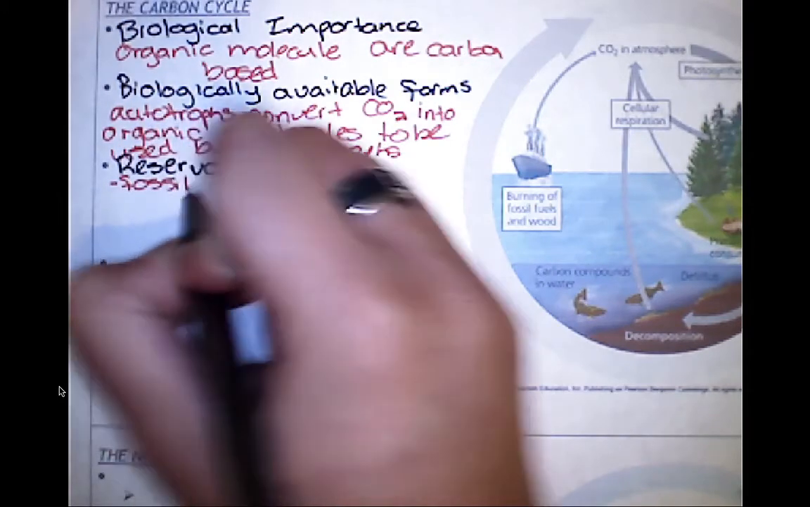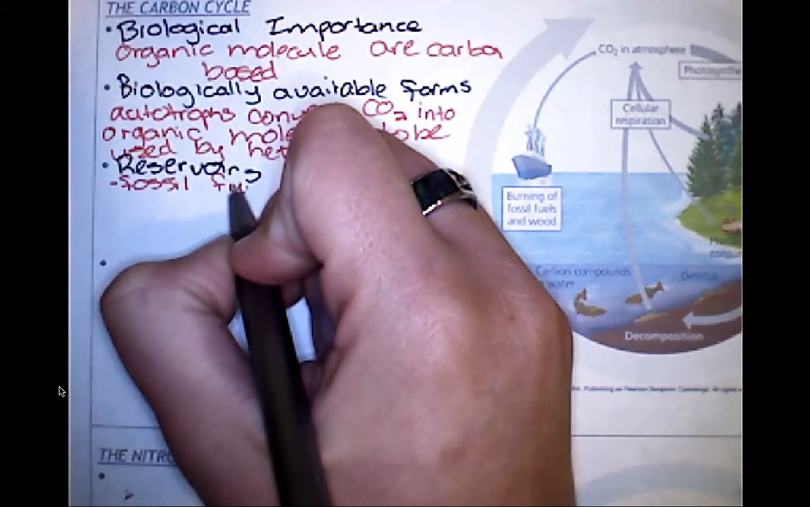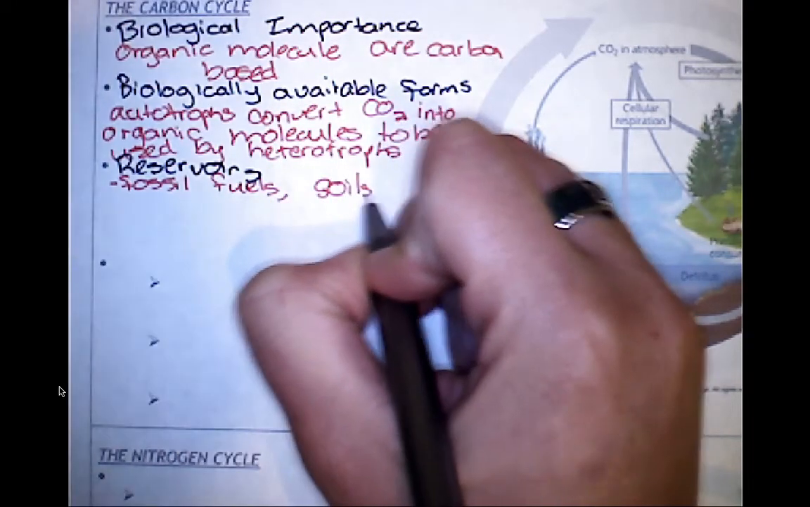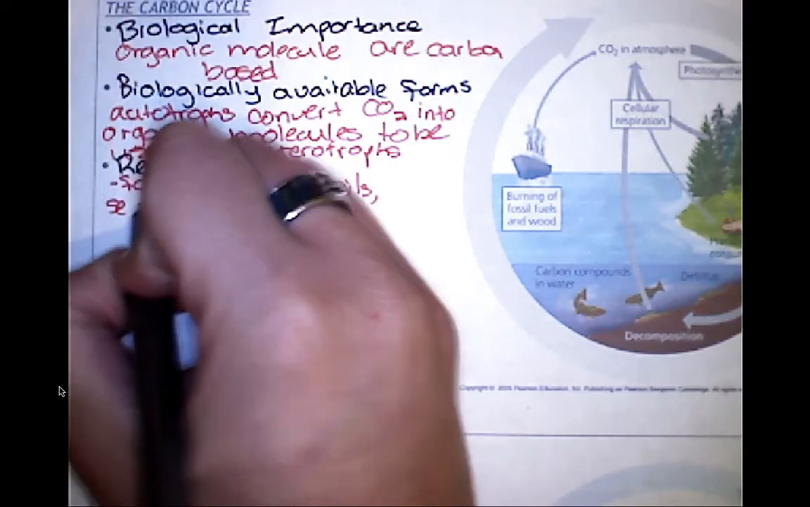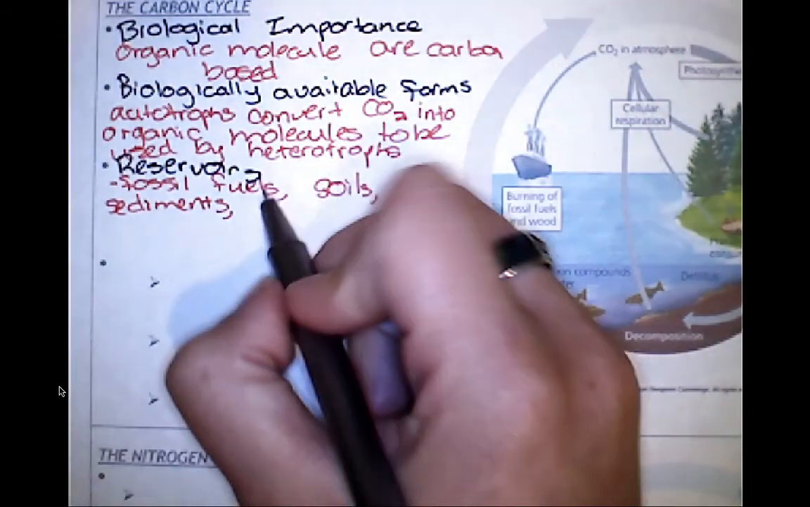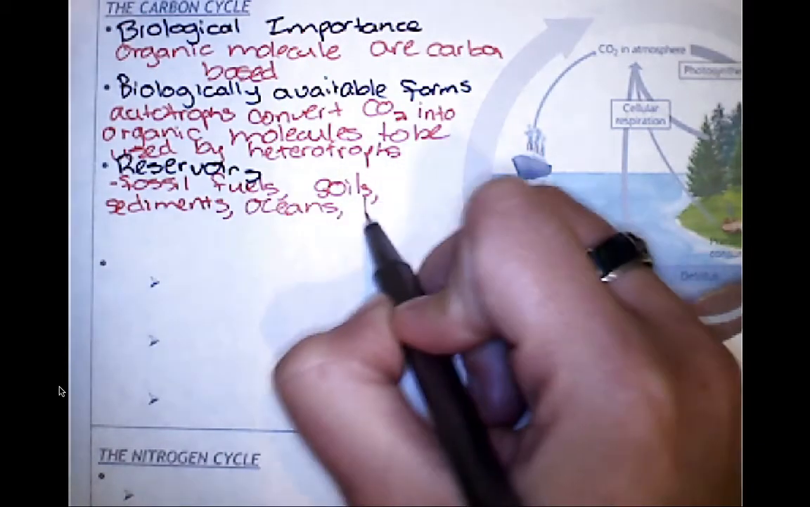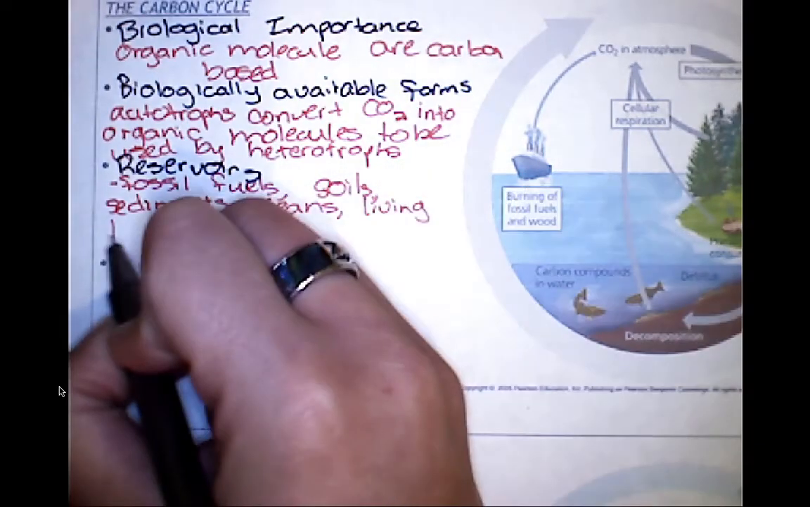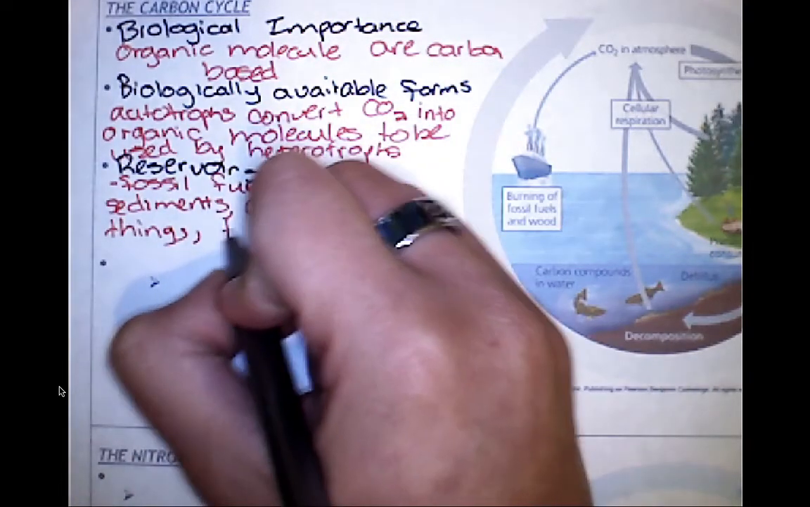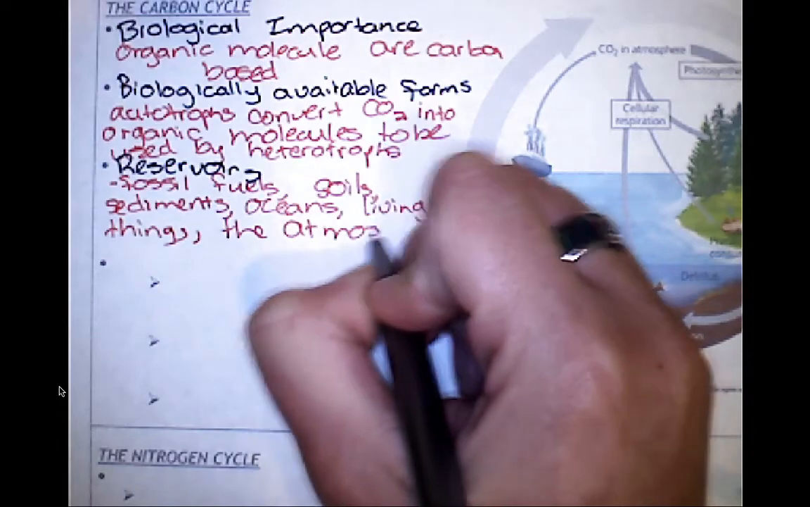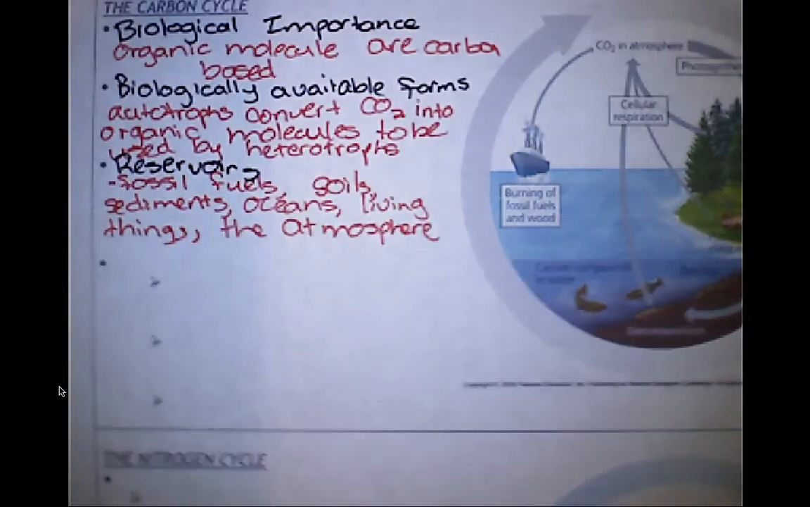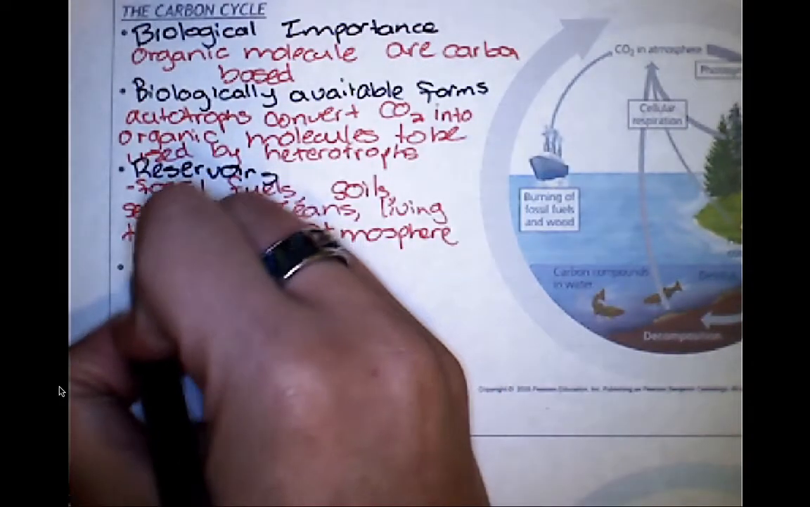Fossil fuels stored in the earth. Soil has some of this stuff. Sediments have some of the carbon reservoirs. Oceans, living things have carbon in them, right? And then obviously the huge one is the atmosphere. Okay. And then what are some key processes that are involved in this,